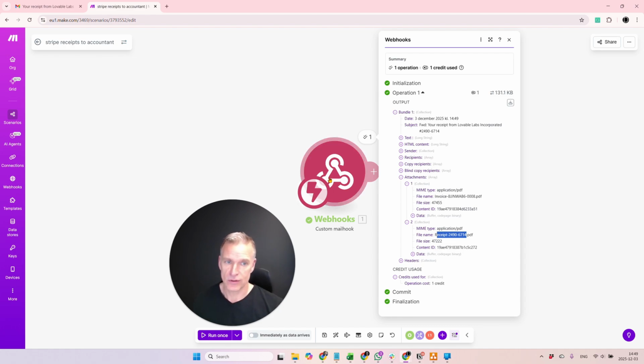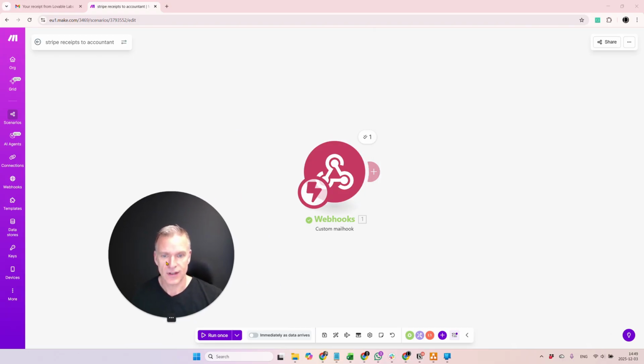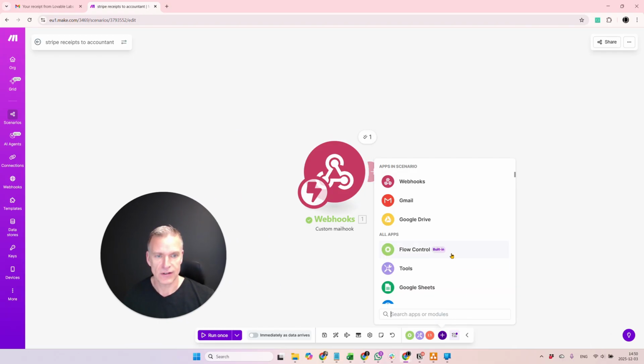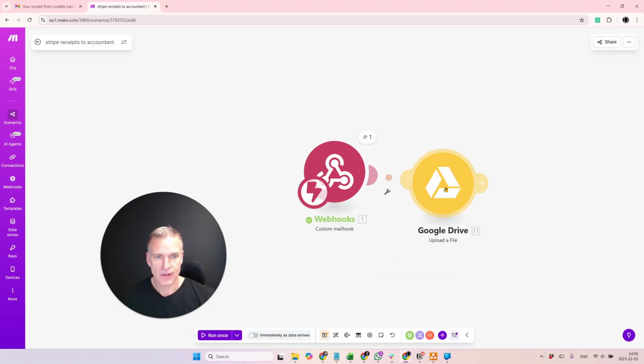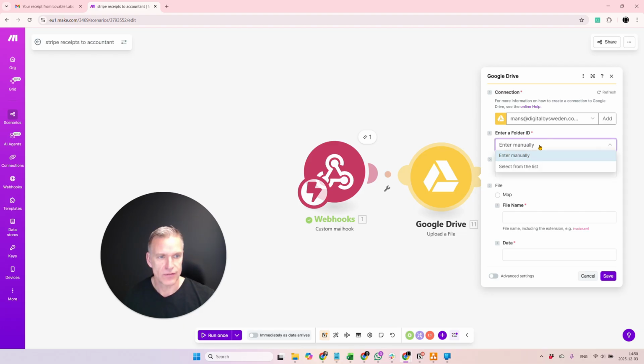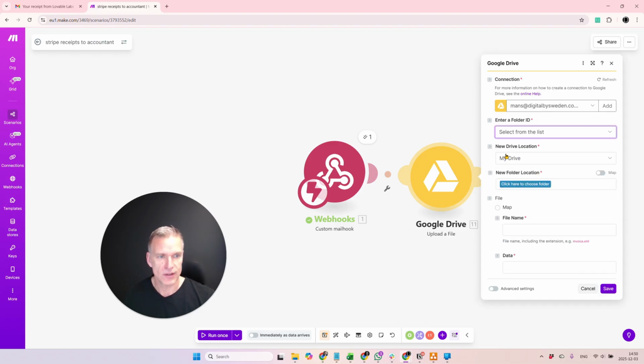So what we want to do now is to upload these attachments to my Google Drive. So let's add a Google Drive module here. Google Drive, upload a file, and connect that to this webhook. I will use my connection, and the folder will be from the list below. I have, of course, economy, and hopefully you are as good as I am on this to keep good track of your folders. So I have 2025 and